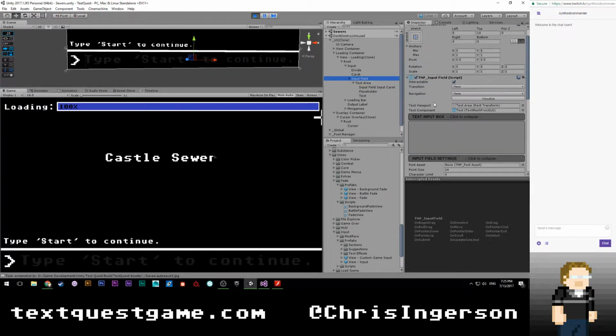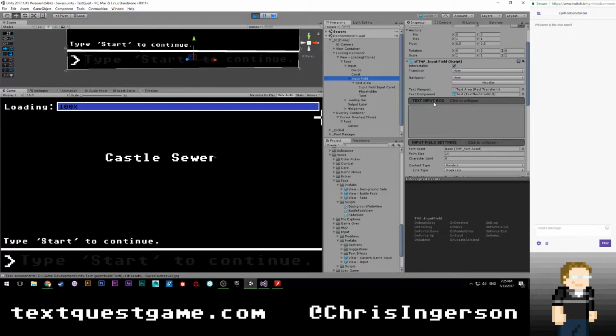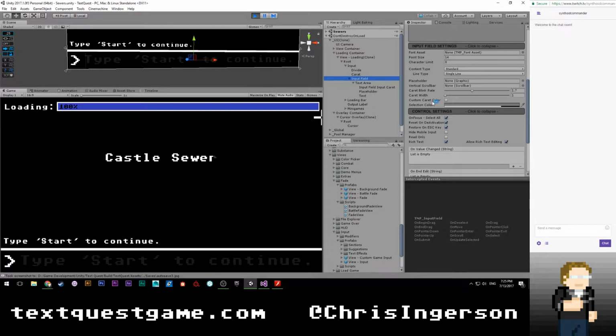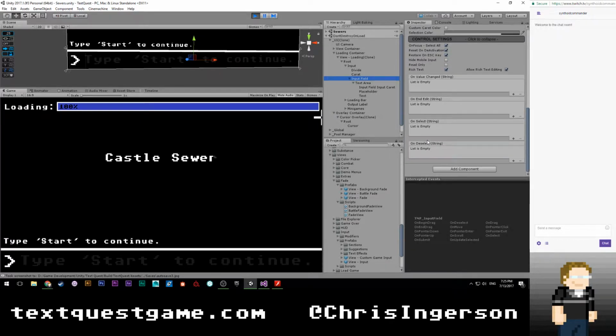Do I maybe have something that's constantly deselecting it? That would be strange, but I guess it's not impossible to imagine. Vertical scroll bar, there's nothing really here. Store on escape key, hide mobile input, read only. If I hit escape.